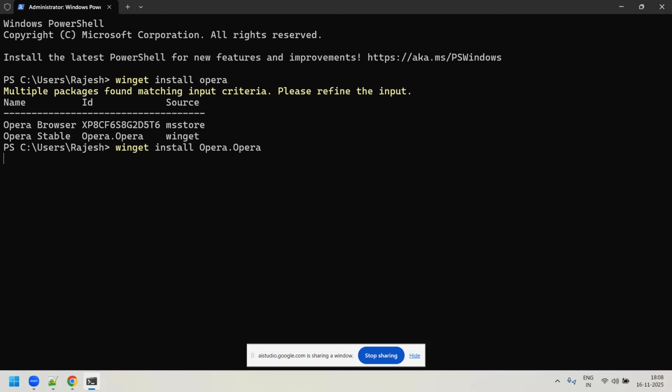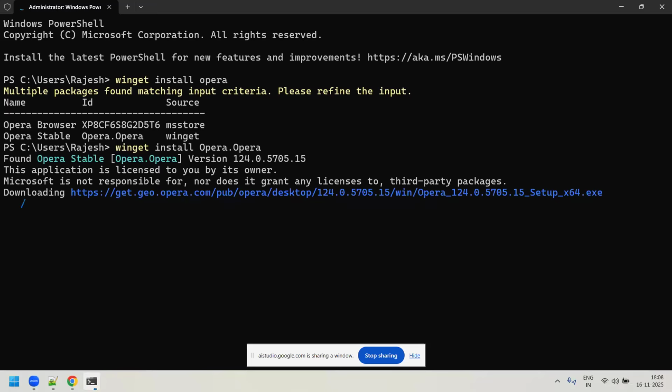So guys, can you see here now that I'm installing Opera? This is the browser, actually, by using a winget command, right? So you could see how this AI is helping me to install it, right?